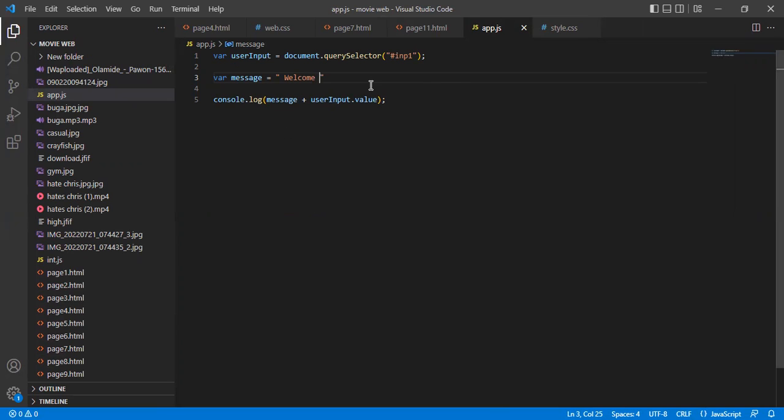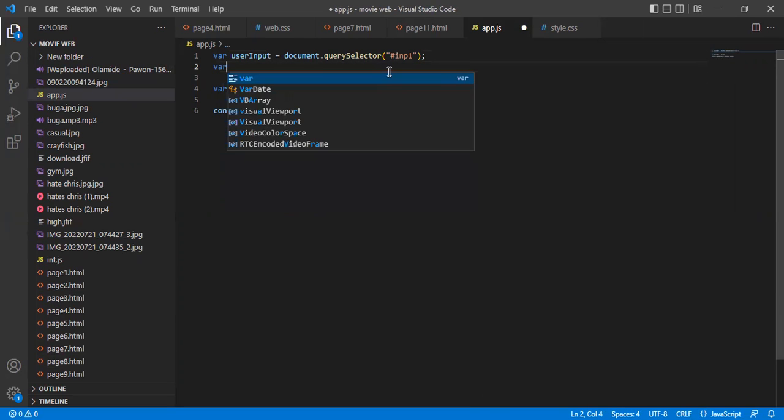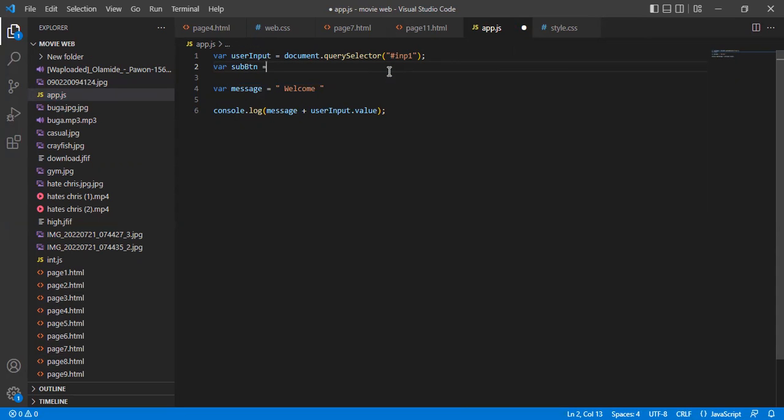Now, if I do this, message plus user input value, and I type in something in my browser and click the button, nothing happens, because the button is not part of my script. So first I have to bring my button into my script, and that is submit button. So sub btn, and then is equal to